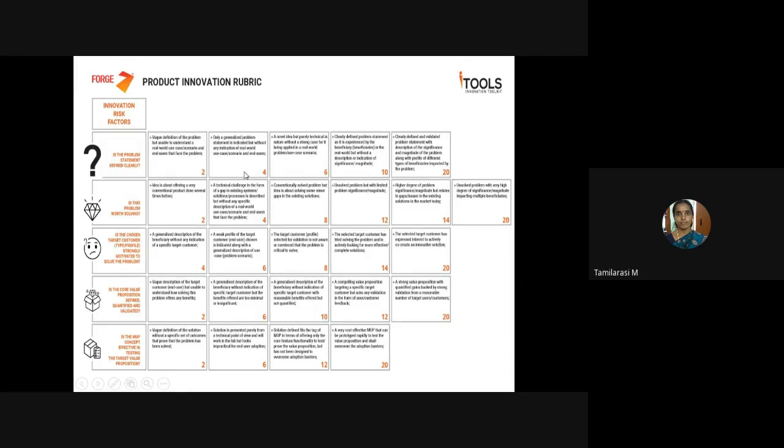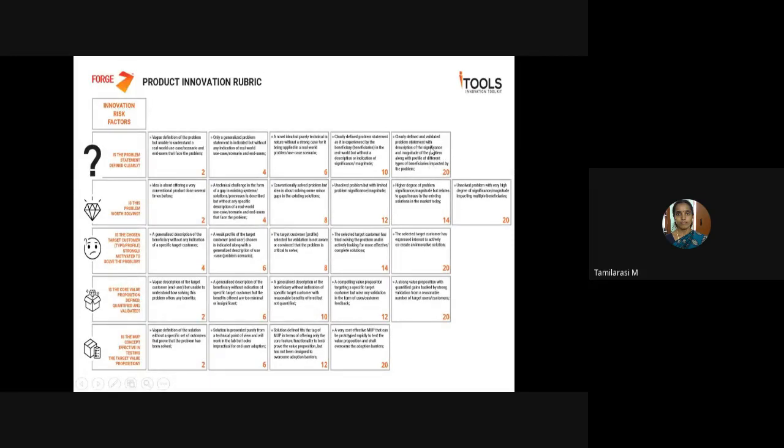Okay, so there are so many things. The second one is, if you want to score 4 points, your problem is stated in a generalized way, but without any real world scenario or real world users who need your project. If that is the case, you can score only 4 points. So you just go through all these things. Mostly in this first category, your project should score 20. In that way your problem statement should be defined. Okay, so you look at the 20-point checkbox.